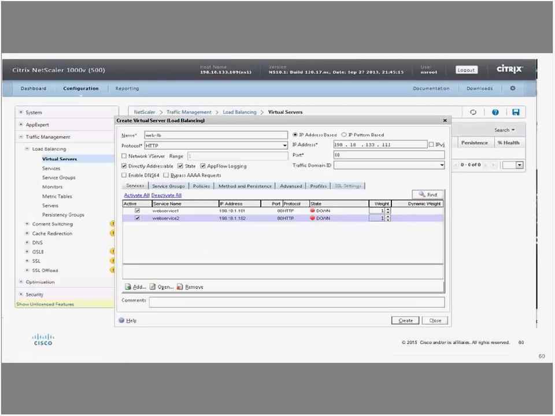Once the load balancing is enabled, the web servers that you want the traffic to be load balanced to, you need to give them a virtual IP address, and they need to be a part of that virtual server with the nodes defined, which are already configured on your VMware or Hyper-V. The VMs are already provisioned. They are part of a port profile, which will send the traffic to the NetScaler. And here we are configuring the load balancing for that particular application.